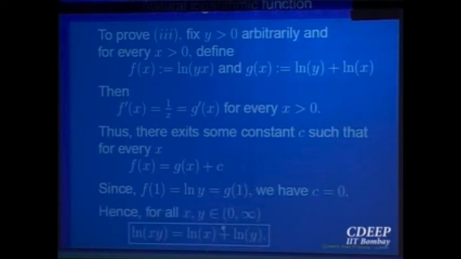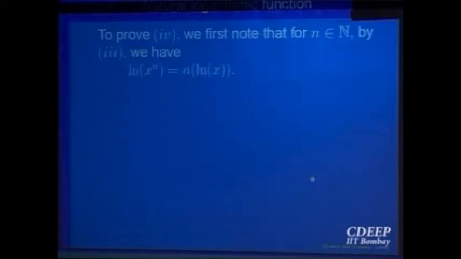Now in this property, getting it for negative powers is easy. You can just take x is equal to y, and the power n comes out. Ln of 2x is equal to 2 ln x; go on applying again and again, and that gives you this. If I divide by n and change x to the power n, what does that give me? Ln of x to the power 1 over n is equal to 1 over n of ln of x. The same thing, rewritten, gives me this.